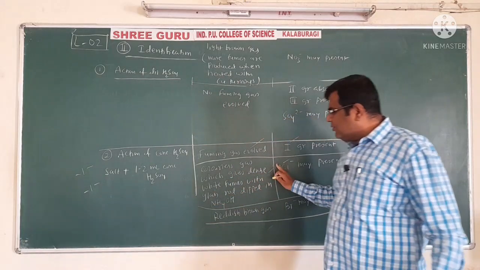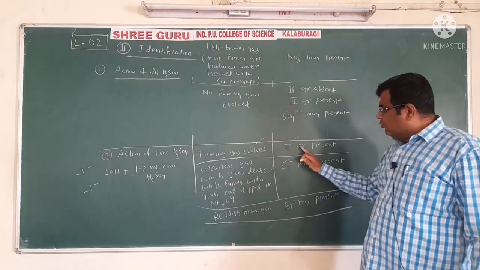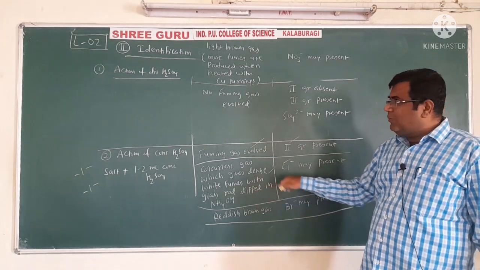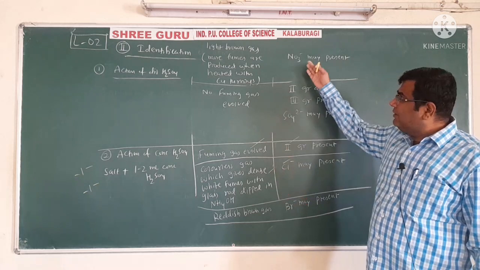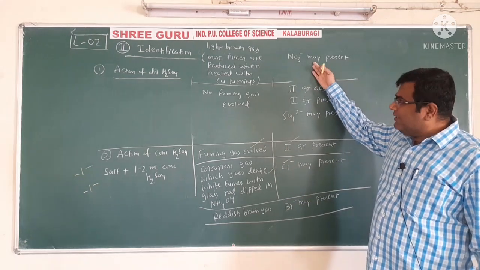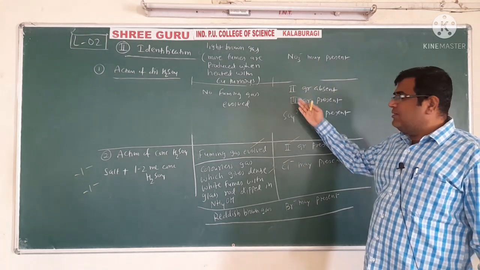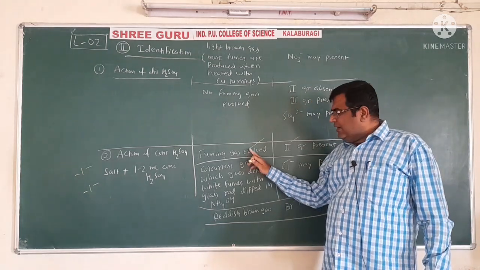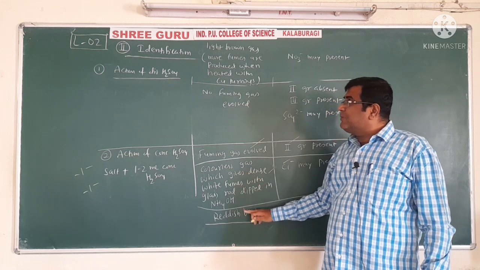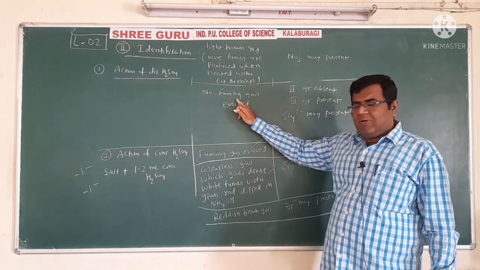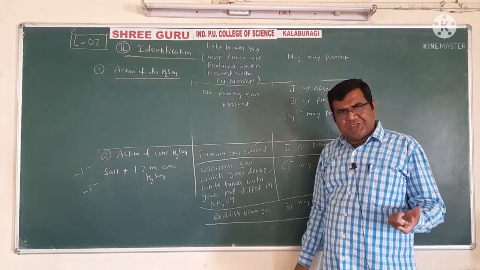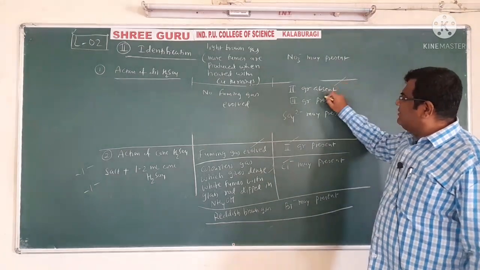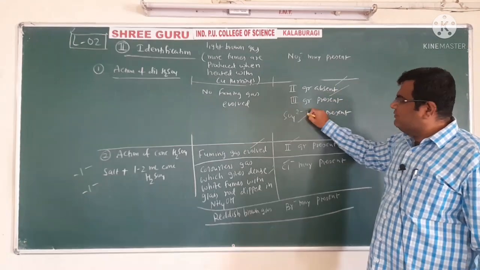If your radical is not chloride but bromide, you obtain the group number mark here, and the bromide radical mark here. So 2 marks. If not bromide, if nitrate. If not nitrate, no fuming gas. So any one observation out of these: first is fuming gas, and this colorless, reddish brown, light brown, or no. Out of these 4, any one observation will be correct. If second group absent, we will write third group present, sulfate present.